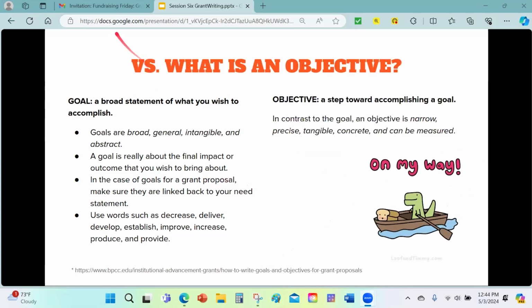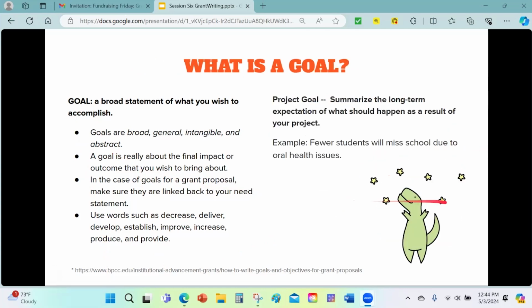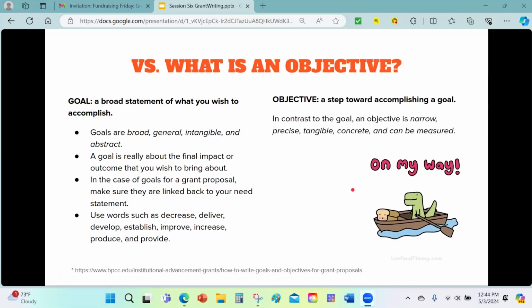Now let's talk about the difference between goals and objectives. Remember, a goal is that broad statement. In contrast, an objective is a step toward accomplishing that goal. In contrast to the goal, an objective is narrow, precise, tangible. You can feel it, you can touch it, you can see it, you can hear it. It's concrete, and so importantly, it can be measured. So here we're lofty, we're pie in the sky, but when we're down to objectives, we're looking for